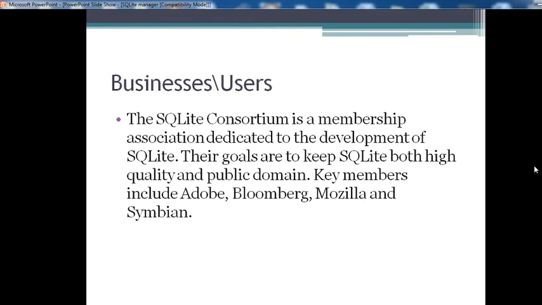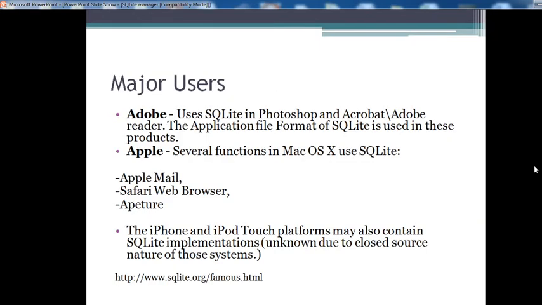Business and users. The SQLite Consortium is a membership association dedicated to the development of SQLite. Their goal is to keep SQLite both high quality and public domain. Key members include Adobe, Bloomberg, Mozilla and Symbian. Major users: first, Adobe.